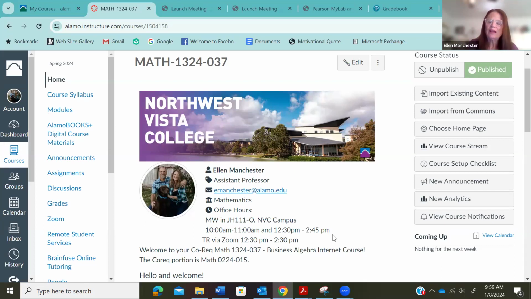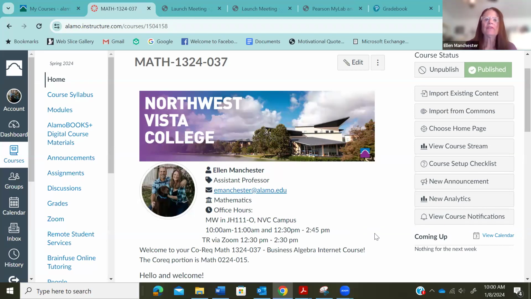You'll see that link in the orientation module, and you'll be able to join the Zoom. It doesn't matter which type of course you're taking. You can either come and see me on campus face-to-face, or you can do it via Zoom on Tuesday and Thursday. Fridays are set aside for meetings. If I'm on campus and not in a meeting, I'd be glad to meet with you, but you'll have to let me know ahead of time so that I know to be there.